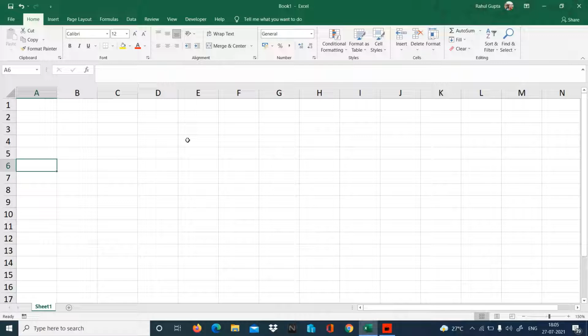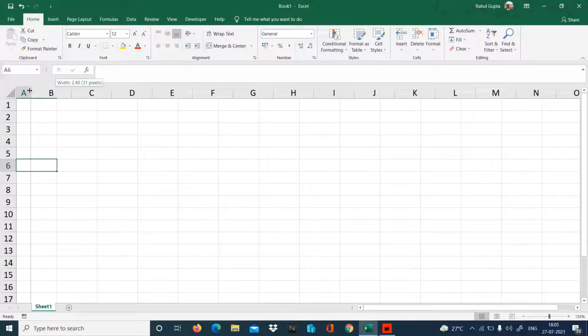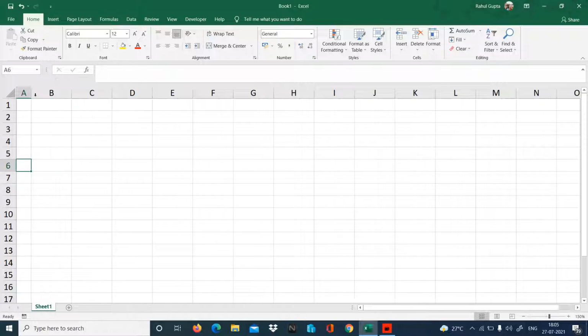Hello everyone. So let's move on to another video. Last time we have seen how we can work on some date and time function. Now today with the help of that date and time function, we are going to work on how we can make a dynamic calendar. So for dynamic calendar, we are going to take input from the user in this particular shell. So when they are going to give the input, I want that they should select from a button and then only we should get the input.